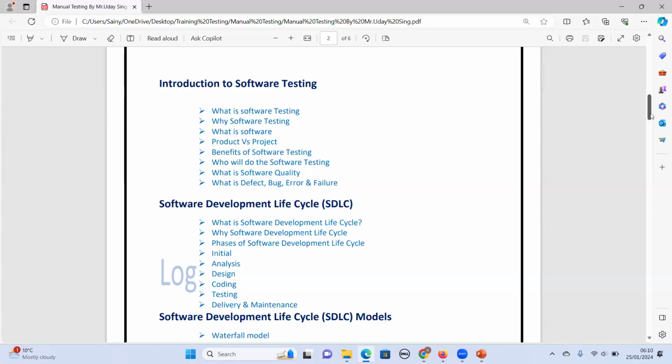Let's take an example. Let's take an organization, for example, Infosys. Infosys is trying to develop a product to sell to the outer world. Let's say it might be an antivirus product. So Infosys will build the antivirus software. That is a product, and that product will be sold to other companies.